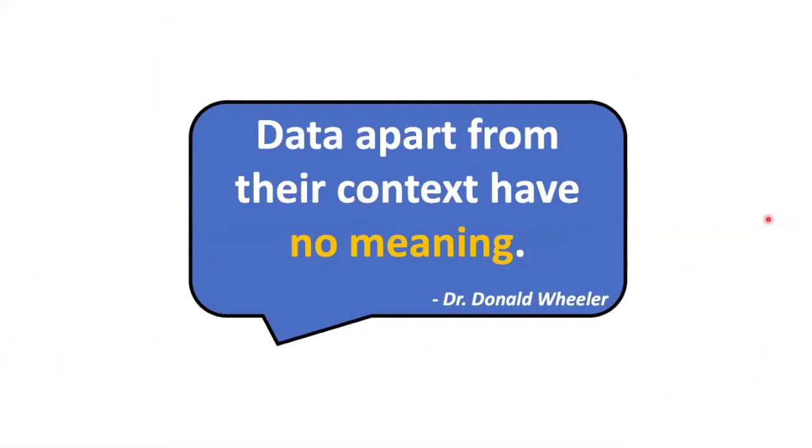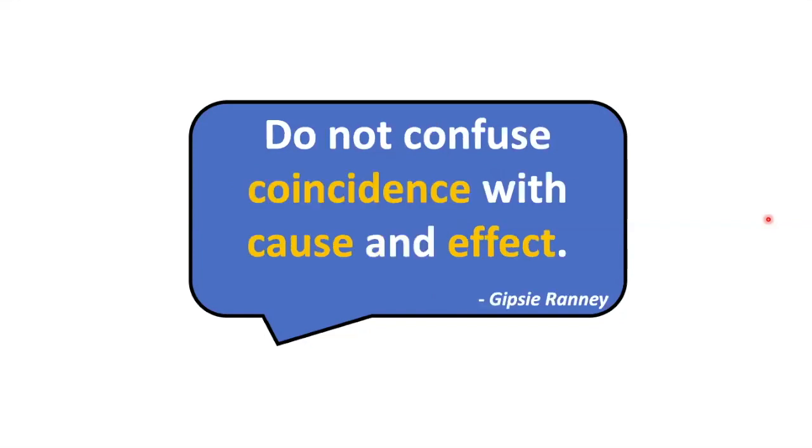The first thing we need to do is understand data apart from their context have no meaning. We need to stop looking at just 1 or 2 data points and look at a succession of data points in context. Next, we have to reset our thinking about when we observe a number fluctuating